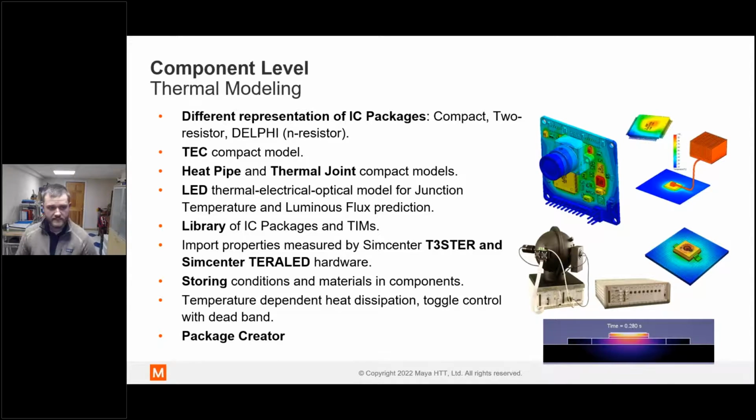As I mentioned earlier, that large engineering database, which includes a library of IC packages, thermal interface materials. FlowEFD also has the ability to use the SimCenter tester hardware and the SimCenter Terra LED hardware, which we'll talk about in just a couple of slides. We also have things like temperature dependent heat dissipation.